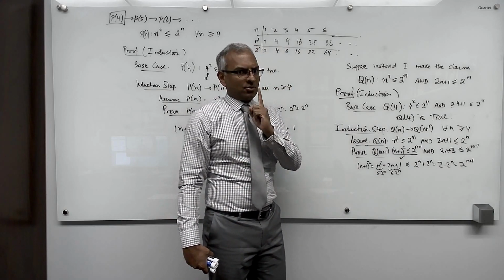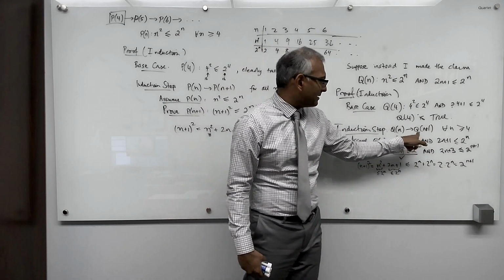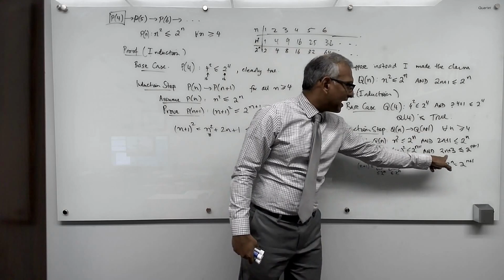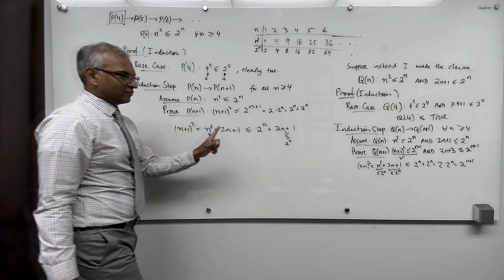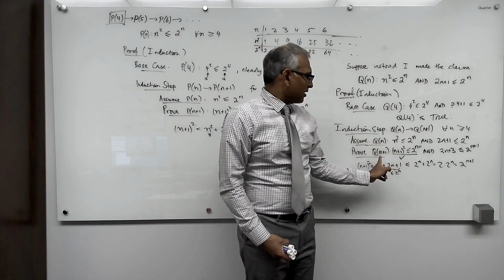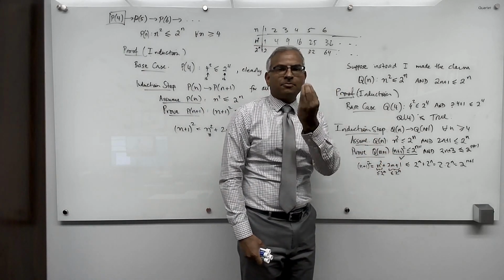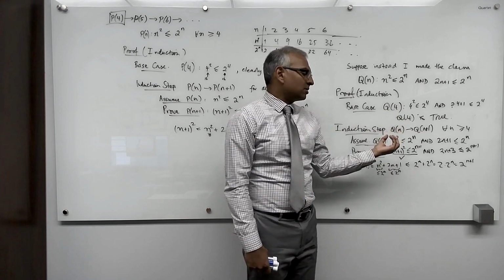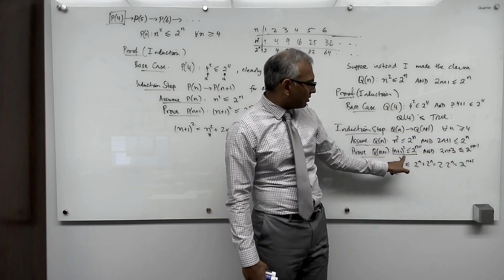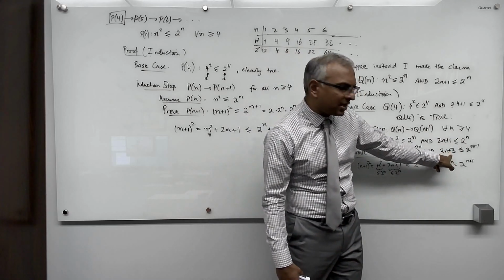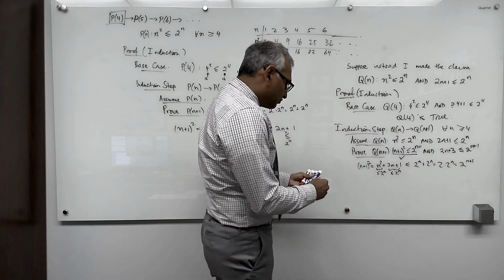Okay, am I done? No, because I have to prove Q of n plus 1, which is an "and". Here I only had to prove P of n plus 1. Here I have to prove Q of n plus 1. And that is the price you pay in the induction for getting to assume more. You also have to prove more. So I not only have to prove this guy, I have to prove that guy as well. So I have to prove